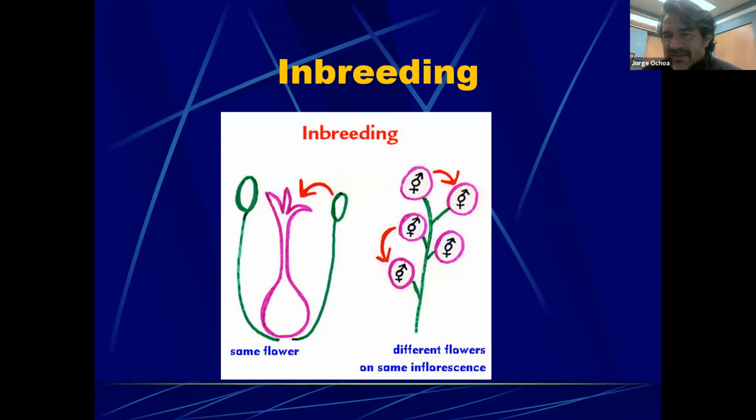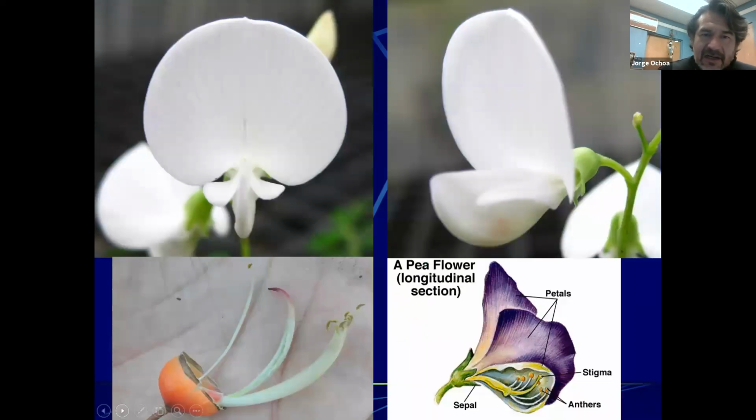You're still going to get some seeds. You're still going to get slightly diverse individuals, but not as diverse as if it comes from a different parent. So keep that in mind that some plants will do it as a last resort. But we do a lot of inbreeding, we do a lot of hybridization. And so many plants, like members of the pea family, you have the female and the male component kind of hidden, tucked away next to each other. So it's going to be almost impossible for them to not pollinate each other or not to inbreed.